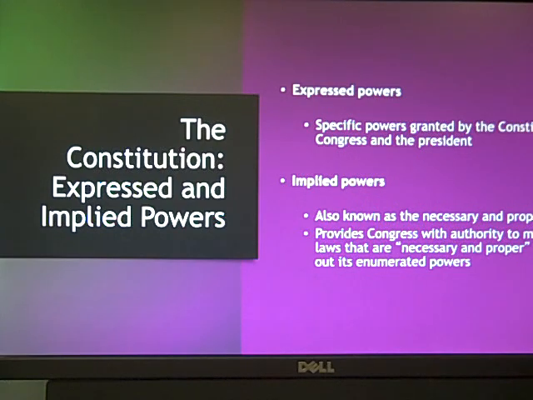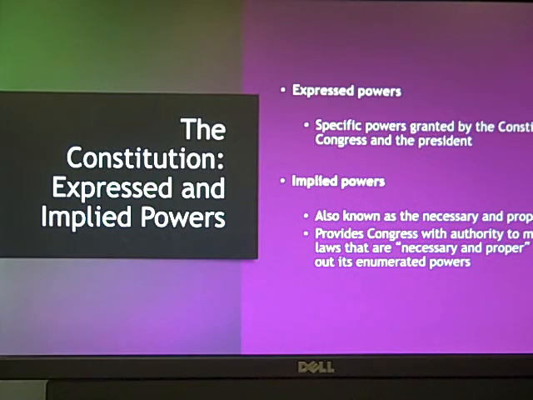So, I just told you a second ago, Congress can borrow money, coin money, print money, spend money, raise money through taxes. Can Congress create a bank? It doesn't say they can, but if you can do all them things with money, shouldn't you have your own bank to regulate all of that? Maybe. Okay, maybe. Right?